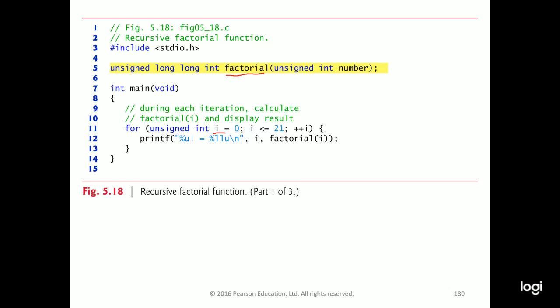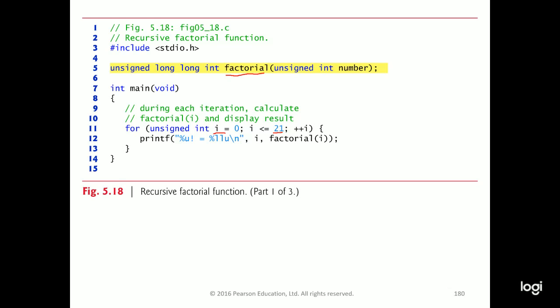I goes from 0 to 21, and it computes the factorial of all of these integers from 0 to 21. So it will print the factorial of 0, then the factorial of 1, then the factorial of 2 and 3 and 4 until it gets to 21. Now you generally are not going beyond 21 because beyond 21 the factorial becomes so large that even unsigned long int cannot store it.